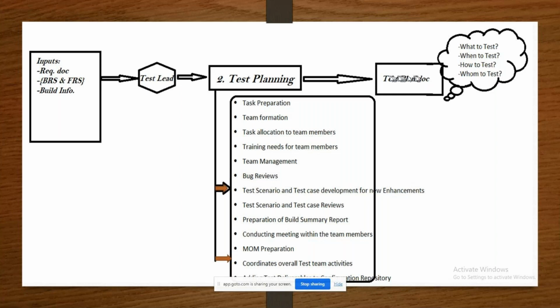Then bug review. Suppose testers have identified any bugs. As a lead, you have to review and you have to approve it. Is the bug reviews. In some cases, the testing team is already busy with the assigned task. So we got one or two change requests from the client. In that scenario,